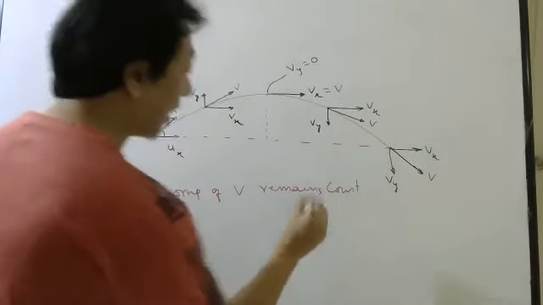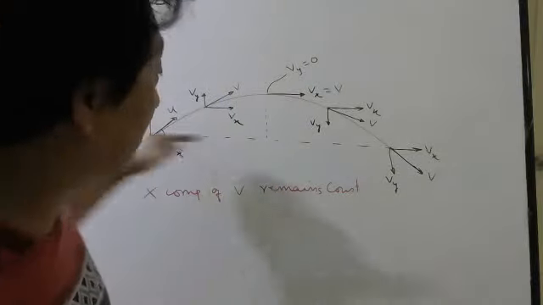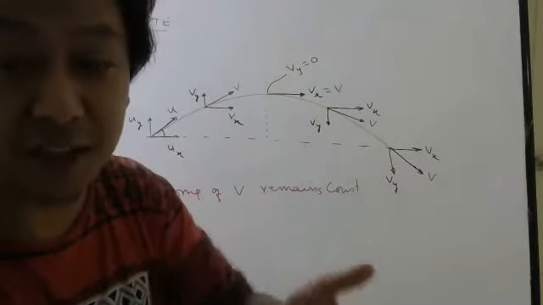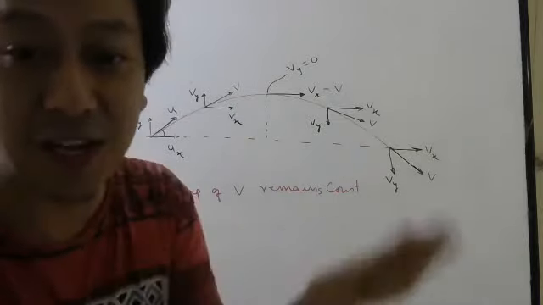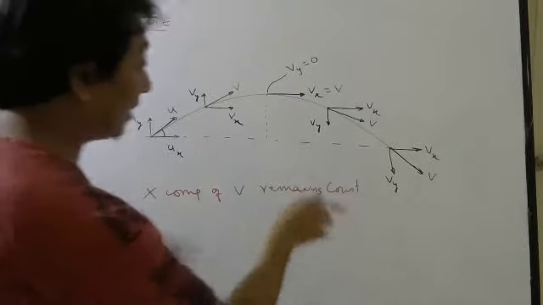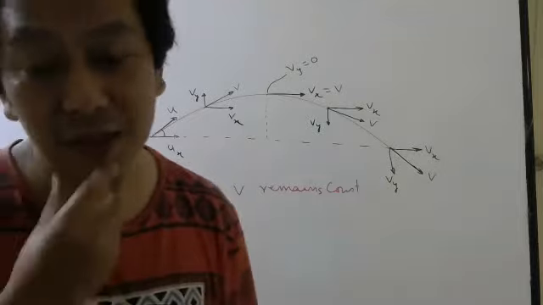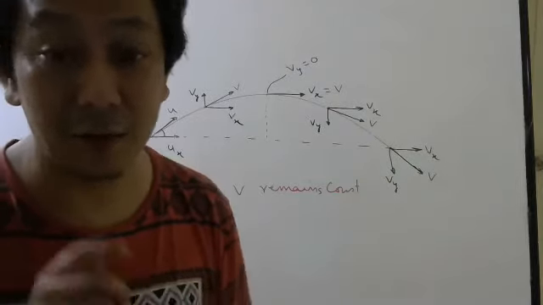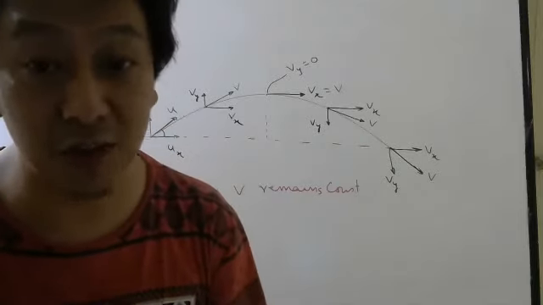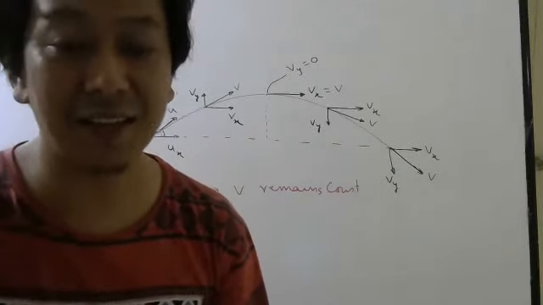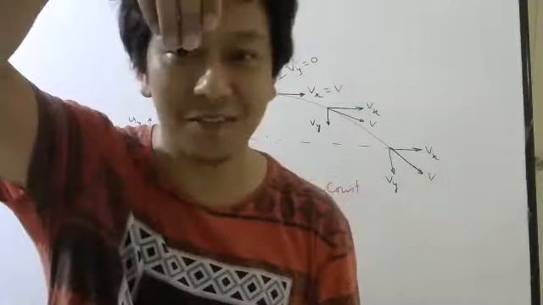And you know the reason why it remains constant. It remains constant because there is no acceleration along the x-axis. So there is no acceleration to change the velocity. If there is acceleration, velocity in that direction will change. But gravity has no acceleration in this direction. And students, one boy was asking me, but sir, why is it like that? We have to understand that in a later chapter. Once we study Newton's law, you will come to know why it is like that. But it is very obvious that acceleration due to gravity is this way.